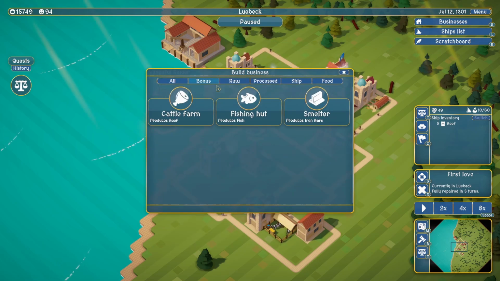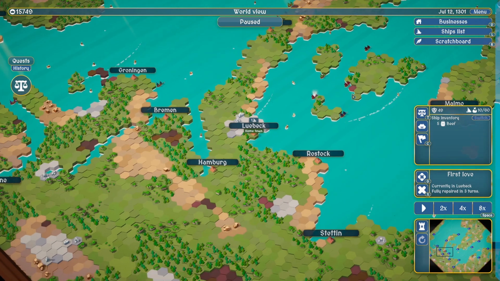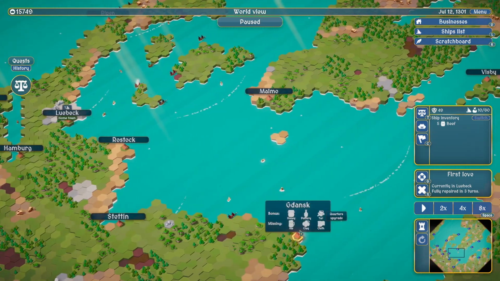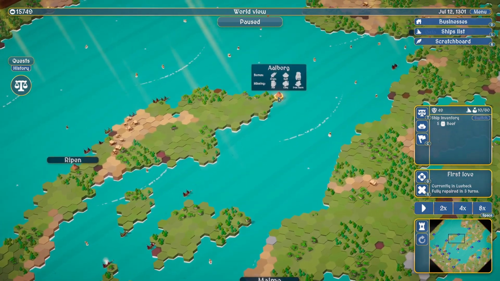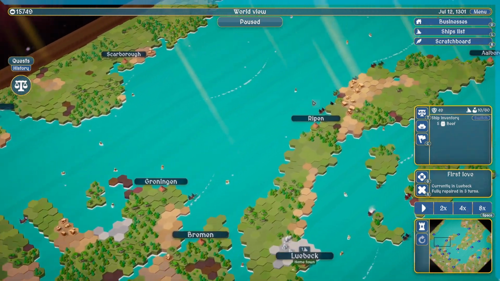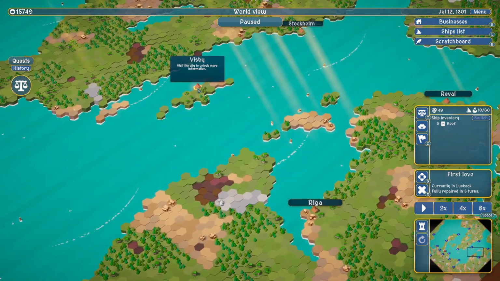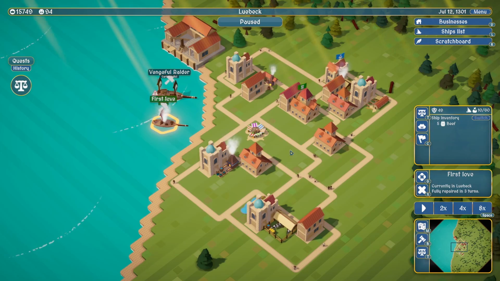And also, yes, there's no bonus to logs in Lübeck, but as far as I recall, there's no bonus to logs anywhere near us. So not in Rostock, not in Stätten, not in Dansk, not in Malmo, not in Alberg, and not in Ripon. So in this area, I'm just not going to go for now. It's just way too far away. I don't know, maybe Torn has one, but okay, if I'm gonna stay in the area, I'm just gonna build myself a timber yard right here in